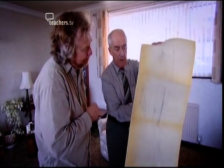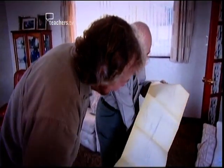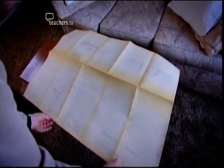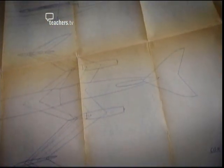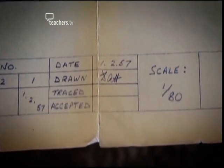The first problem in designing a supersonic airliner is deciding the shape of the wings. Professor Ted Talbot worked on some of the first British wing designs. And you can see there that there's been nothing flying like that ever. That's a very weird shape, isn't it? It is, isn't it? Yes. That's the 1st of February, 1957. Yes. I didn't realise that the origins of supersonic civil transport went back over 50 years. Oh, they'd been whispered for a long time, and the first formal meeting called by the Ministry of Supply was